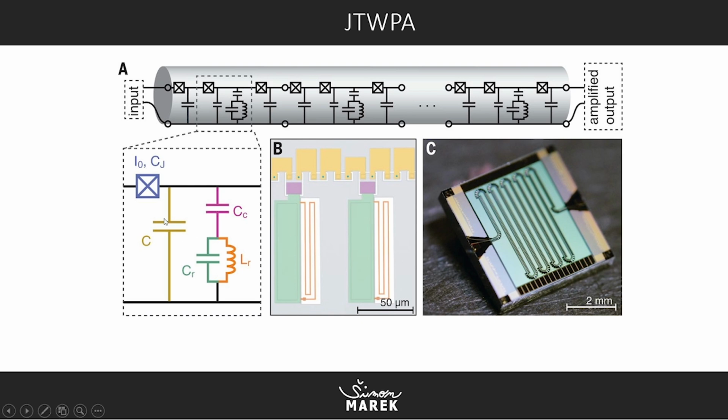You can see that each color of the components represents a different layout component here. The big shunt capacitor is yellow, the coupling capacitor is purple, and the big resonant capacitor is green. The inductor is orange, which is just a small spiral here, and the Josephson junction is the